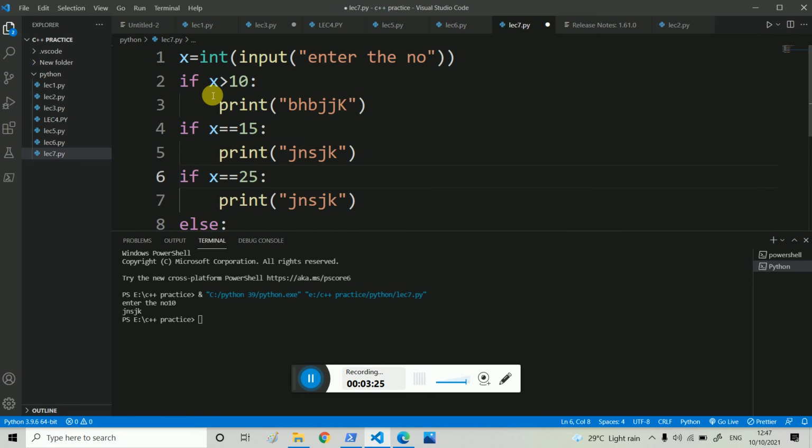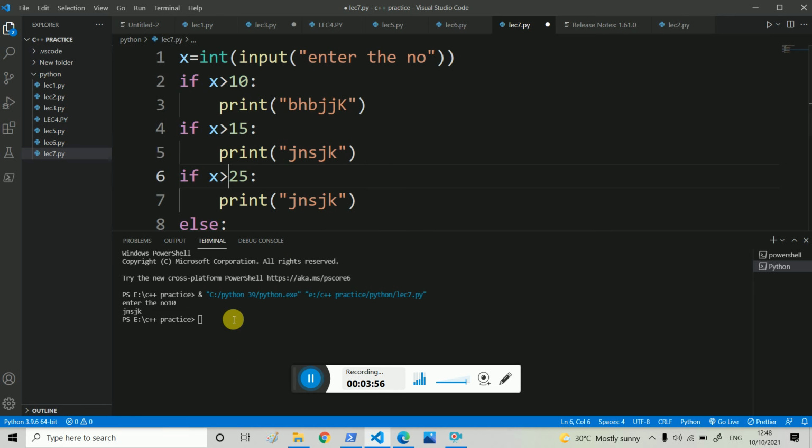And here, if the first statement works, it will again come back, go here and check whether x equals 15 or not. Or let's say I write x is greater than 15 or not, and x is greater than 25 or not. It will check each, and if the statement is right, it will print this statement, and if that statement is right, it will print this too.